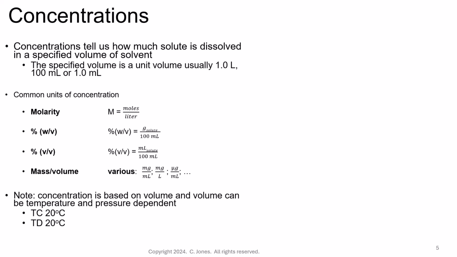So that would be something like dissolving methanol or isopropanol or ethanol into water. So those all come as liquids, so we would want to record this as a percent volume. And then sometimes it's just easier to express things as a mass per volume. And this could be any combination of units. This could be milligrams per mil, milligrams per liter, micrograms per milliliter, micrograms per microliter, any combination of mass per